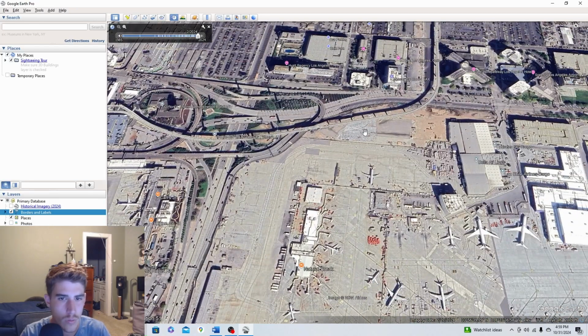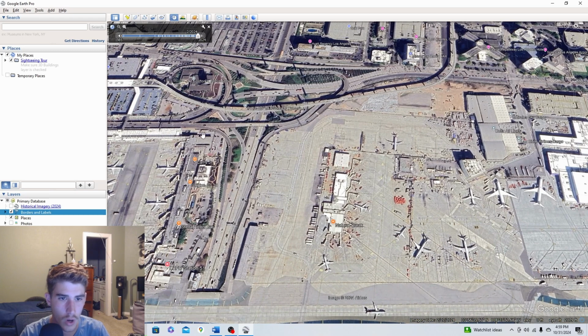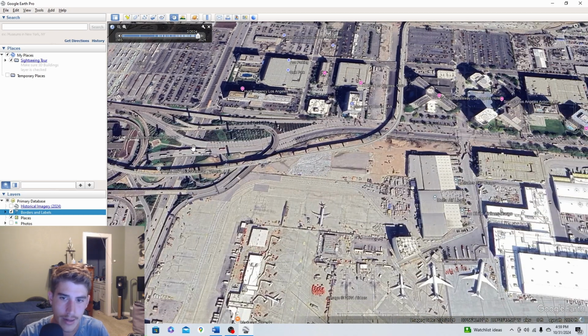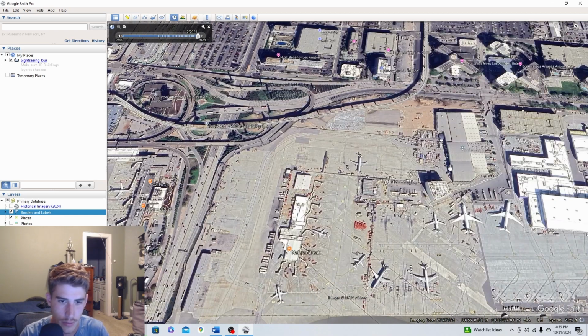But right here, they will build a new automated people mover stop, and this will also bridge over this road and connect back up. They're going to redo a lot of these roadways leading up to Terminal 9, as well as for the rest of the Central Terminal Area program. With the completion of these projects and the upcoming 2028 Summer Olympics in Los Angeles, the airport is also launching